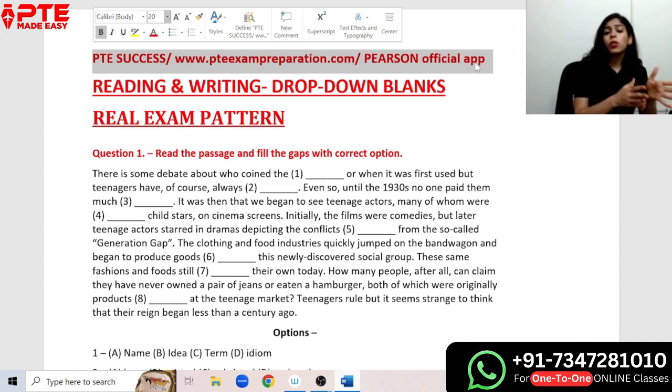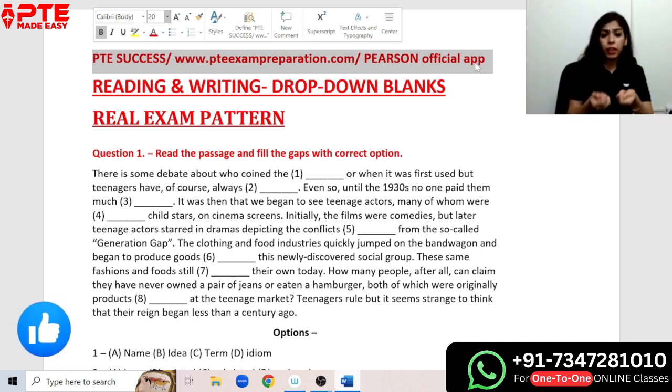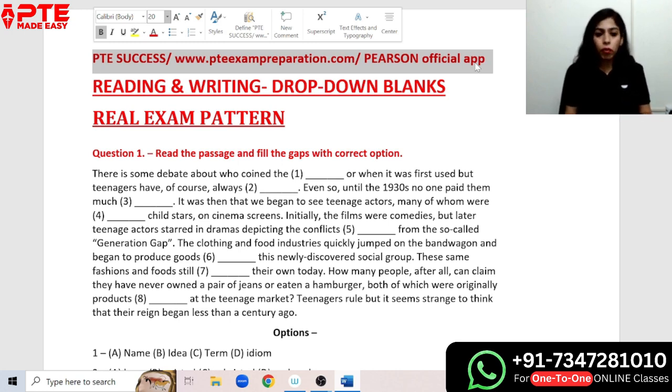Why? Because the tasks were not genuine, or maybe they did not want to give you guys inauthentic study material. That's the only reason they are showing only 17 to 18 task questions and two are left out. One of those is Write From Dictation, and the other one is drop down blank. Otherwise, all the other tasks are available on this website, and there are so many questions which you can practice.